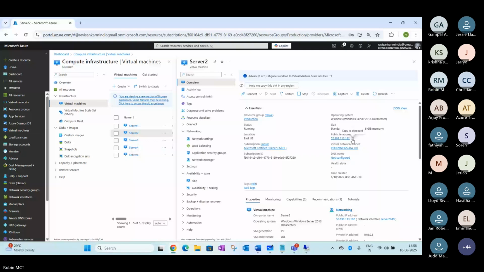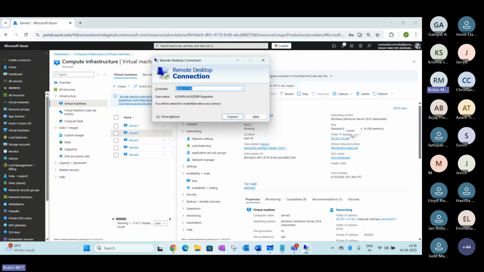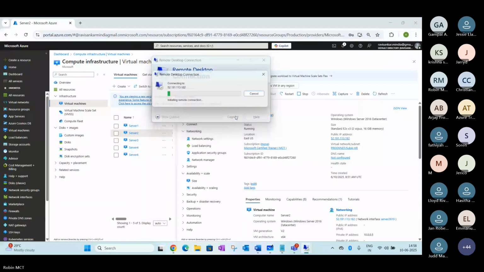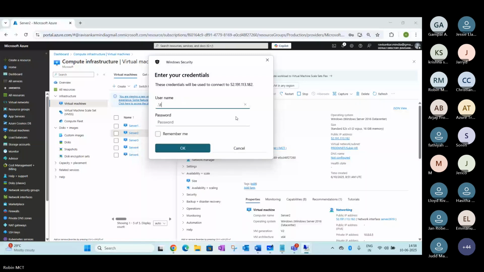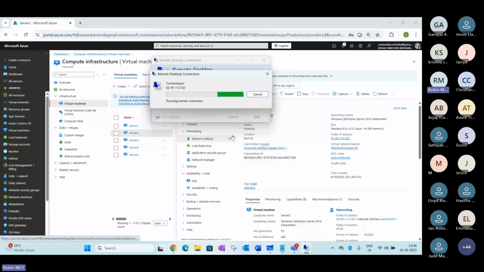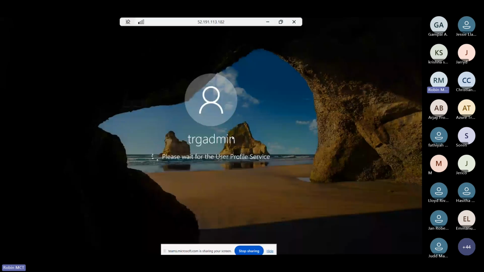For example, if you try to connect to this subnet here, I'm trying to connect to the second server. Connected here. Server 1 and server 2 are both part of the same subnet. So think of a situation where you have multiple vNets available and all the resources are configured in the same location. What will be the conditions here? That may be the point we are trying to see here.